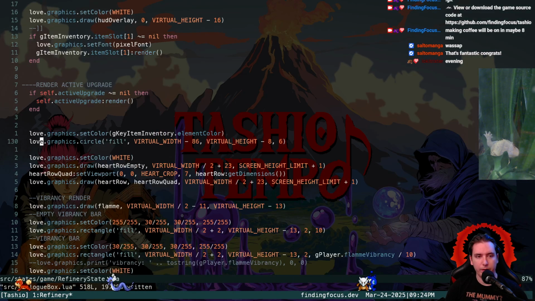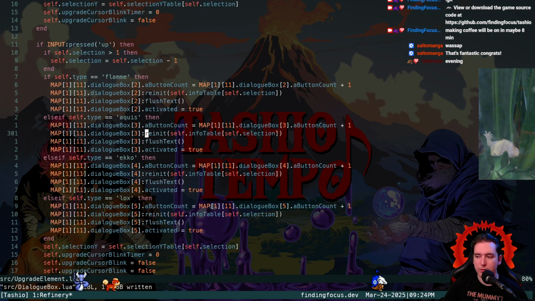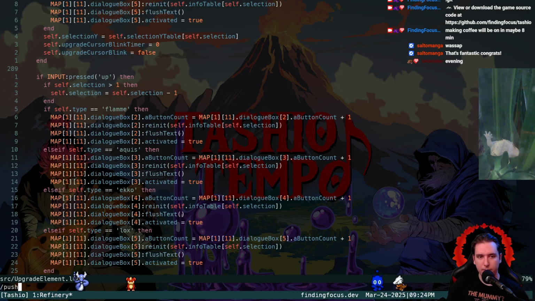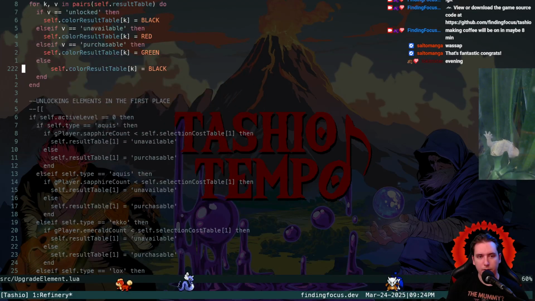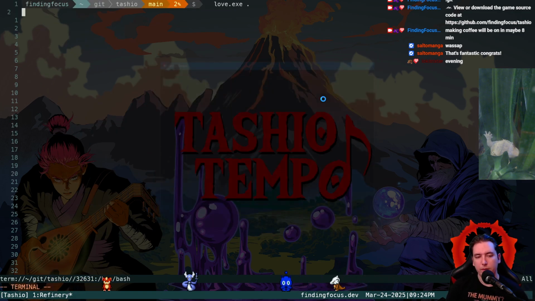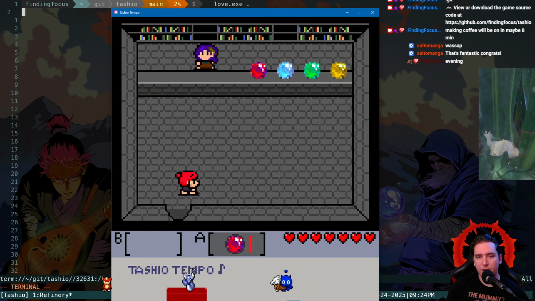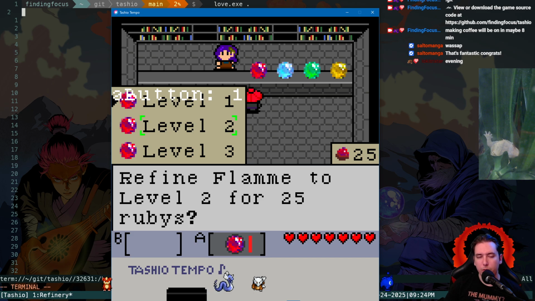We have this refinery state that holds the active upgrade once we trigger it. So here in the active upgrade, whenever we set purchasable, well actually, oh, you know what, there is one thing else. We actually want, if the thing is upgradable, like level 2 here, we want a button